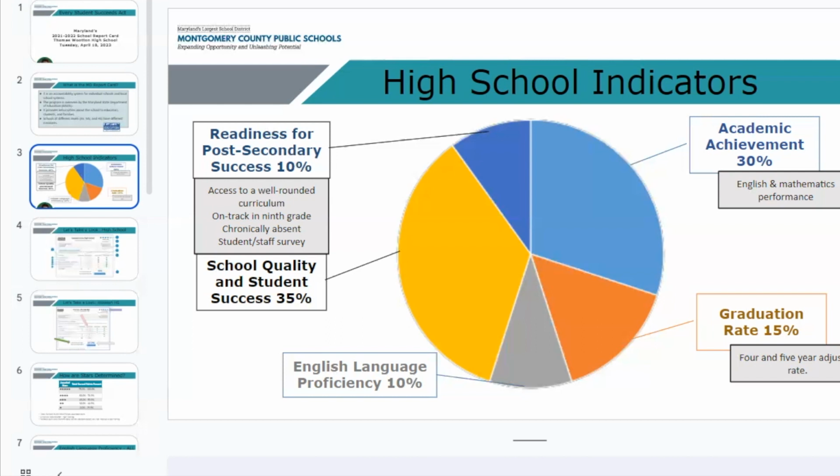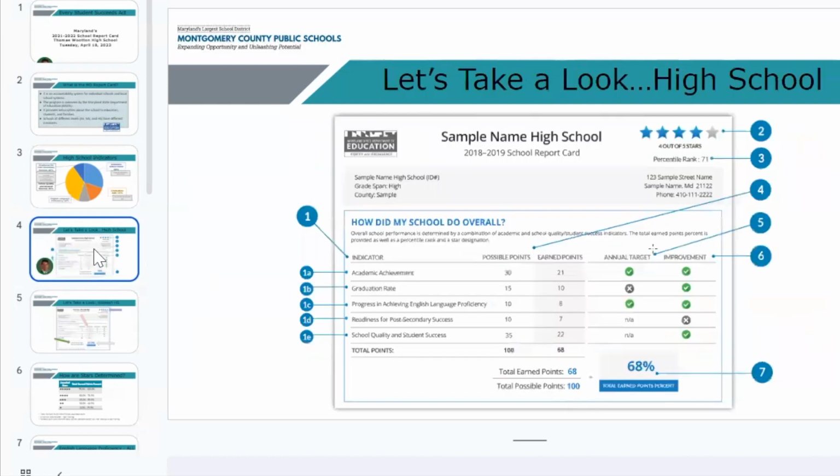Okay, so these are some of the indicators specifically for high schools. Let's go ahead and move on to the next slide. What I'm going to show you next is an example high school report and what it looks like. So Brian, there we go, thank you. All high schools are going to receive a report that looks like this. We're going to start with the sample report because the indicators are really nicely marked on this slide. And then we're going to take a look at what Wooten's specifically says, okay?